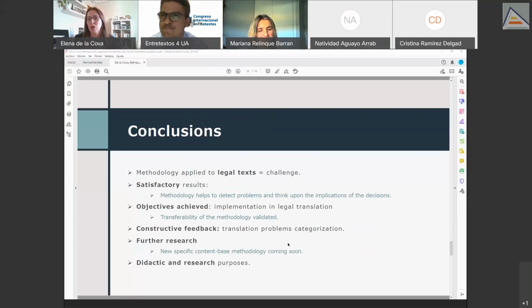And also the constructive feedback that we got, especially regarding problem categorizations, has been very useful because it sheds some light on things we have to improve for the future. We see that sometimes the categorization can be confusing because elements can be considered a problem for different reasons and can be considered as different types of problems, something related to brand language or related to cultural aspects. So sometimes students find it difficult to categorize a specific element, also because it was a generic categorization for different content types. However, we are still working.